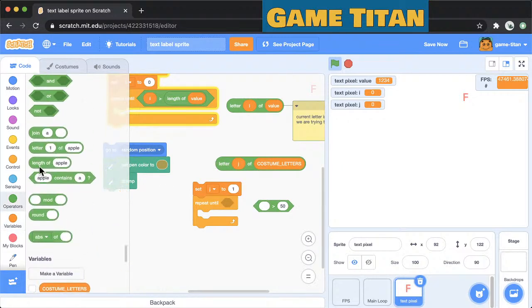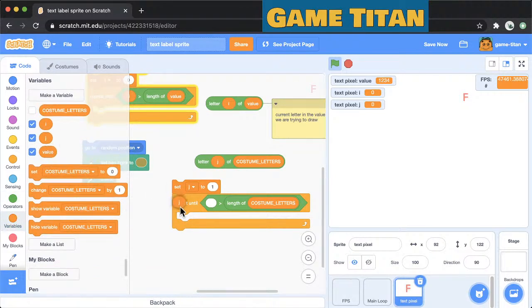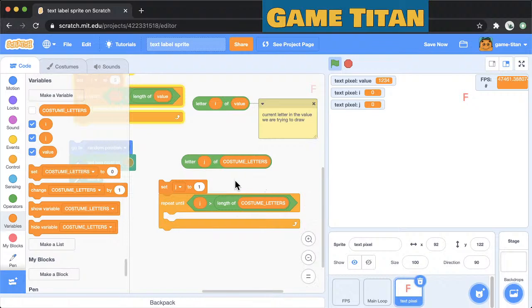And we'll say the length of costume letters. So j is going to start at 1, and we want to go all the way up until it gets to 16. So when it's greater than 16, which in this case is the length of costume letters, when j is greater than that length, then we'll